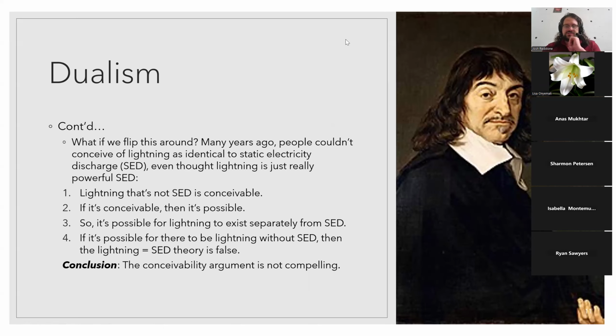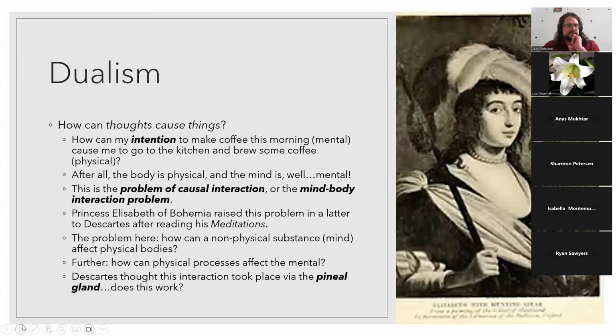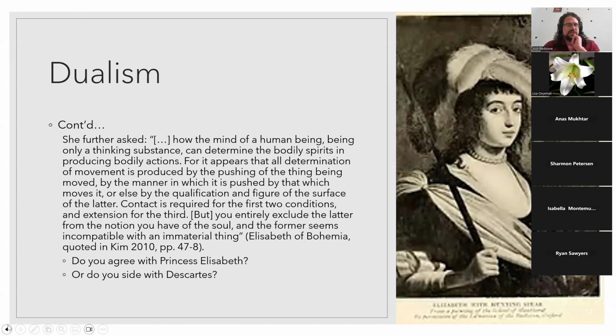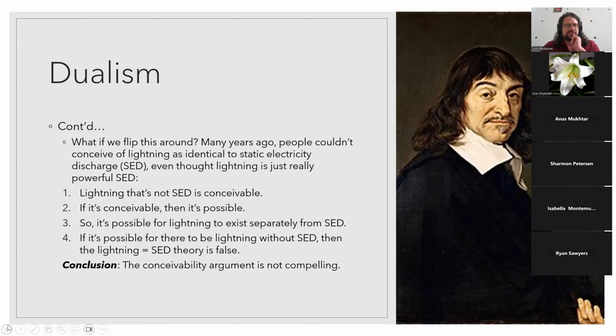We must be getting close to the end. We're running out of time. You know what? I don't think we're going to finish. We're not going to make it through all of this, and I don't want to rush. So why don't we shut it down for today, and we'll pick this up again next week before we look at the materials for part two. How does that sound to all of you?